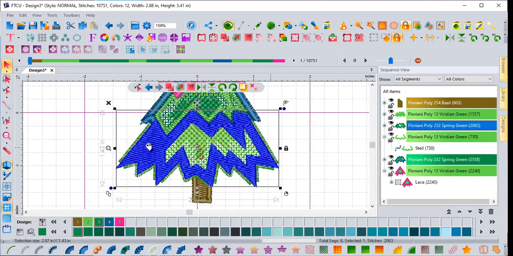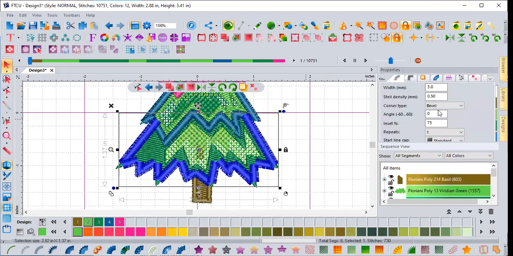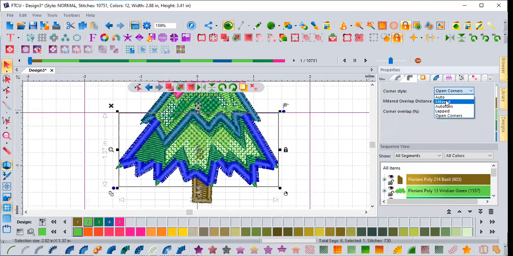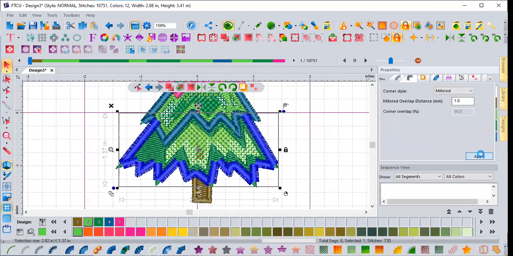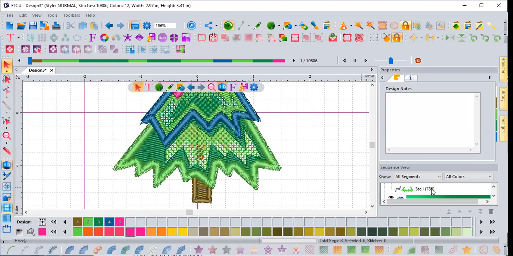So let's go into this shape here. It sticks past, well, our steel stitch is all a mess anyway. So let's go into our properties and see if we can fix that. Let's go back into mitered, and you may need to play again with this for a little bit. And this one's a more complicated one. Let's see if auto turn works now that it's more open. Okay, that looks a little better. And then we can edit